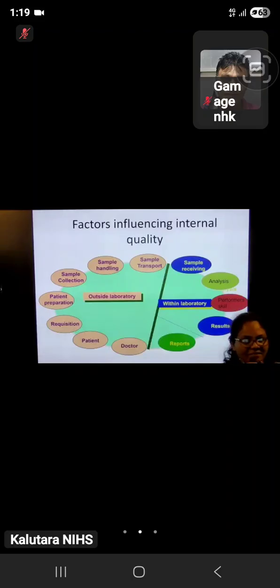Okay, I will give you an example. As I said earlier, during transportation, there may be defects. To overcome that, what can you do? You can prepare a guideline for collection and transportation of clinical specimens in the microbiology laboratory. And then you send these guidelines to the board to minimize those defects. Right? So, what else can you do?